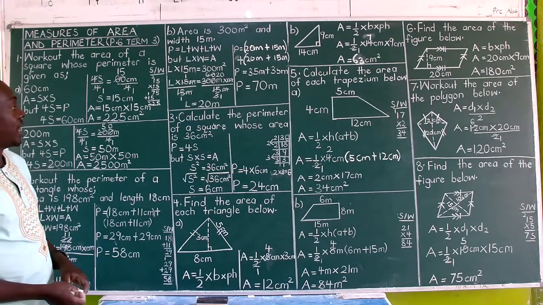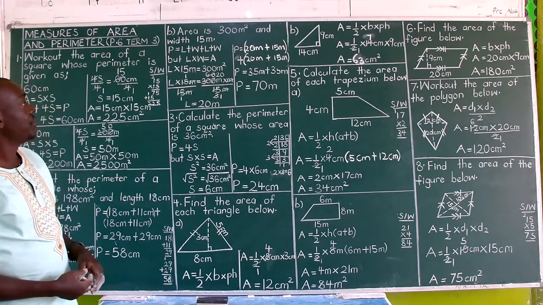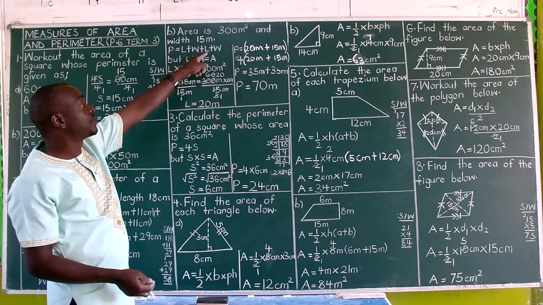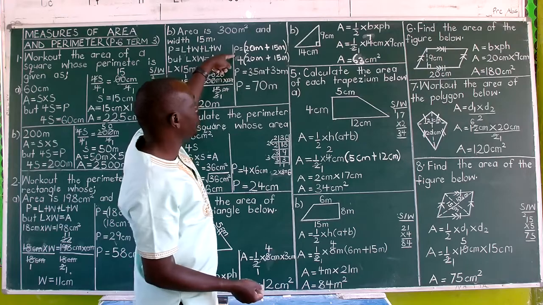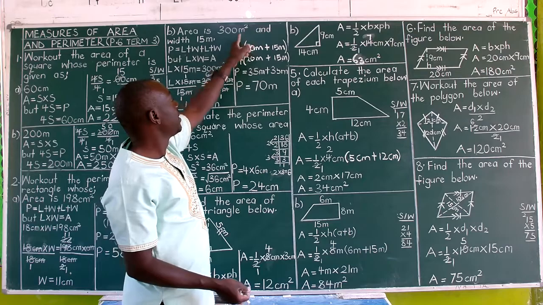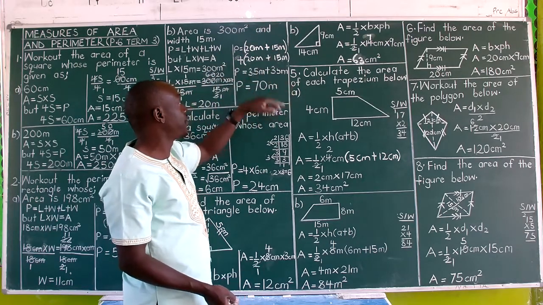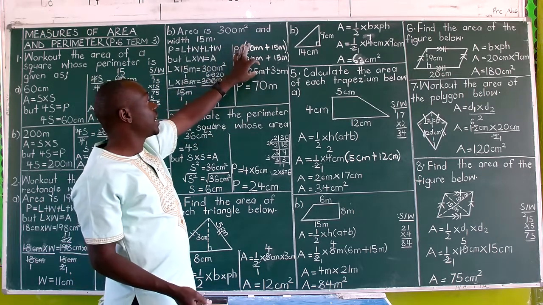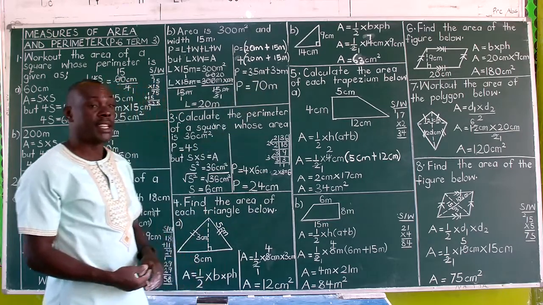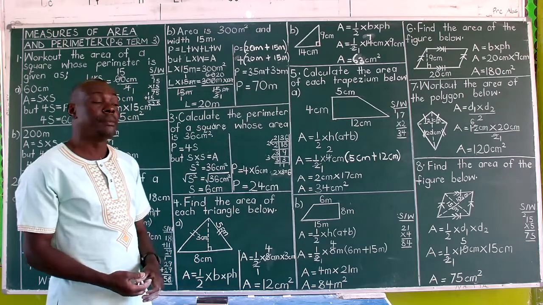Now you find the perimeter. If the length is 20 meters and the width is 15 meters, given a rectangle, I said we're using length plus width plus length plus width. So perimeter is equal to 20 meters plus 15 meters plus 20 meters plus 15 meters. Then pair that. 20 plus 15 gets 35. Another 20 plus 15 gets 35. So I've got perimeter equals 35 meters plus 35 meters. And when you add these two 35s, you get 70 meters perimeter. So perimeter of this rectangle is 70 meters.